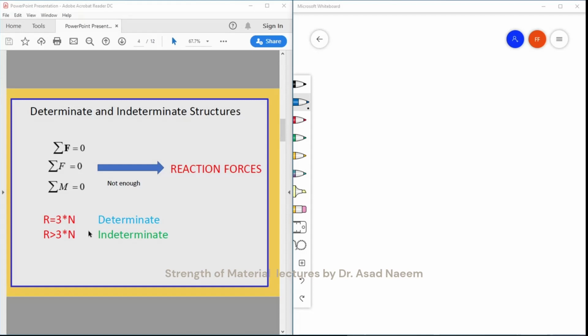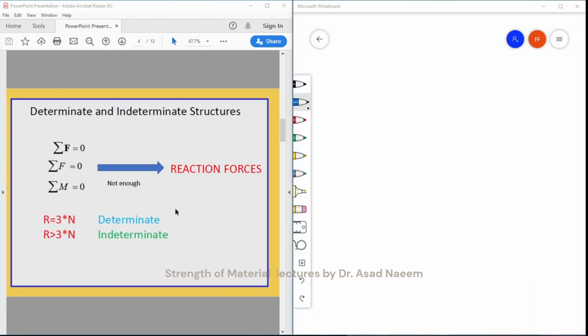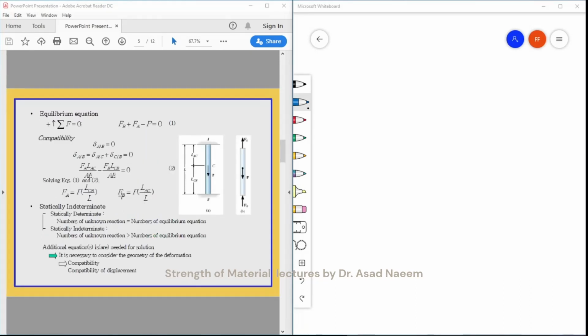Okay, so this is the previous part. So now, how should we deal with this problem to calculate the unknown forces which cannot be solved using just the equilibrium equation? We will use the compatibility equation. Okay, so this is also called the deformation equation,